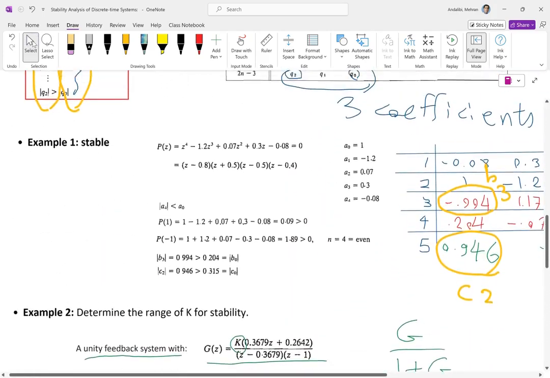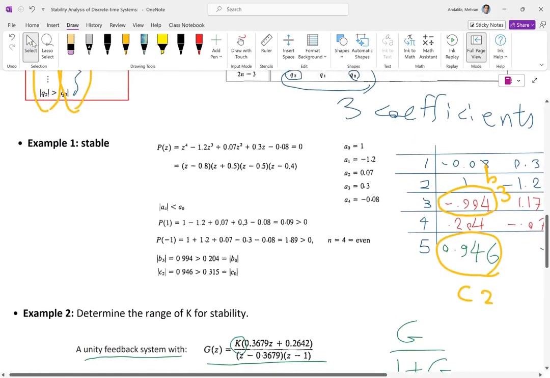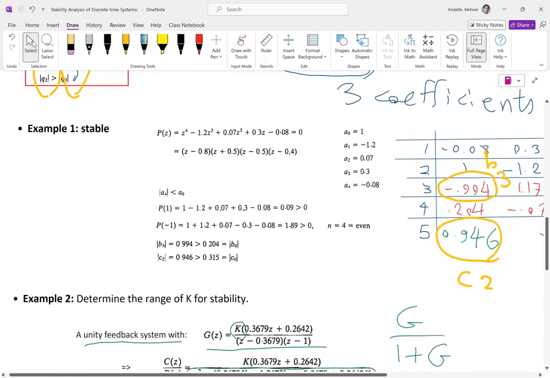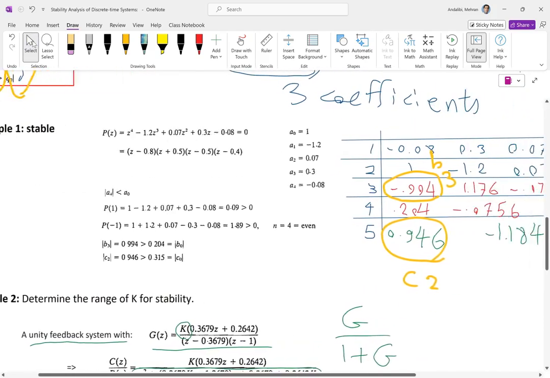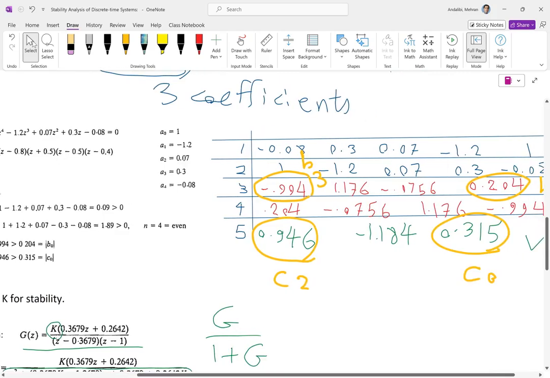Last time you had 5 numbers, so you went for 3 sets, right? So 1, 2, 3, 4, and 5. This time you only have 4 coefficients. So all you need is to just calculate the B row, okay? The B naught, B1, and what? And basically